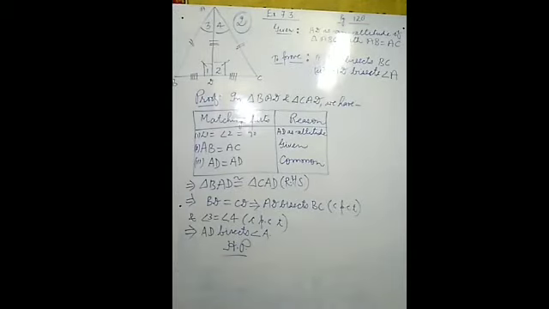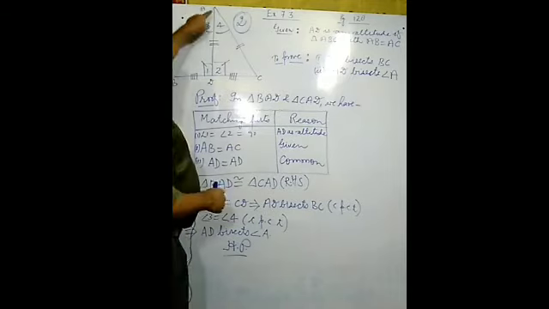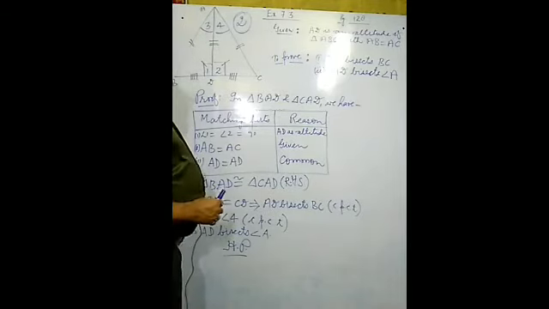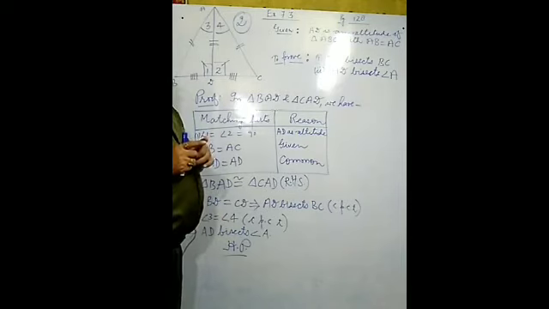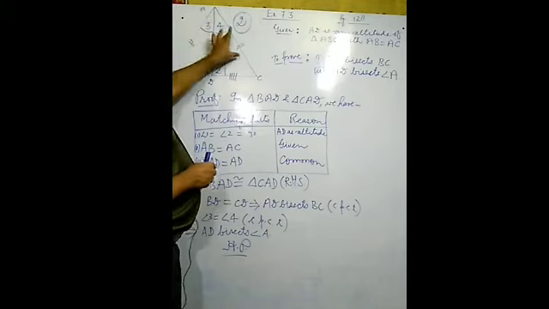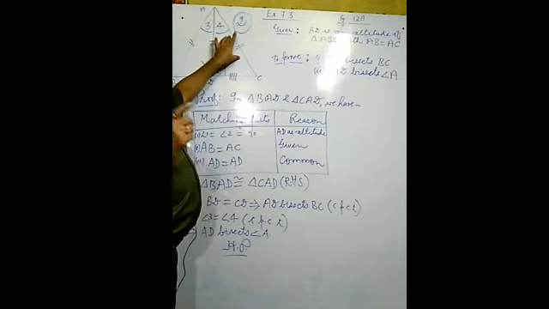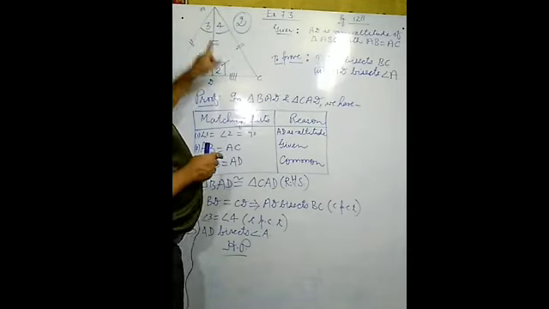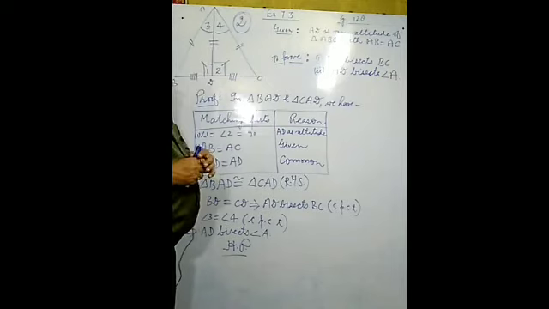Now observe question number second. What is given here? AD is an altitude of isosceles triangle ABC. Means triangle ABC is an isosceles triangle with AB equal to AC. This is the given information. And what role does AD have? AD is an altitude. So what is the property of an altitude?